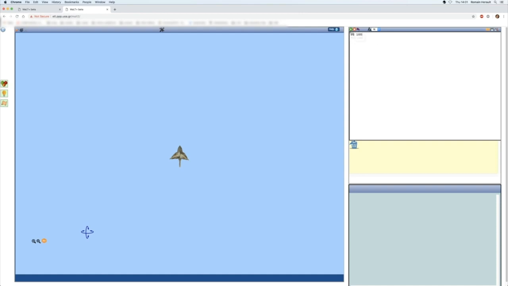And if I press play here, this is a line editor, so it executes all the commands that are on the line of the cursor, as you see. And then I can ask my sparrow to turn, change its heading, turn 35 degrees, for instance. Press play. Here it is. And then I can ask it to go forward some other distance, like 40.